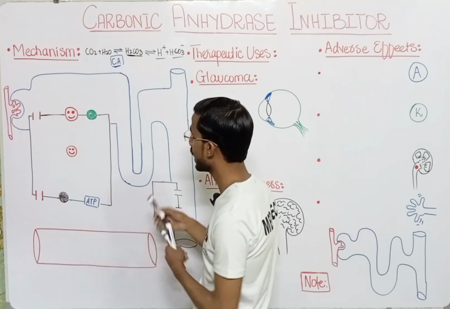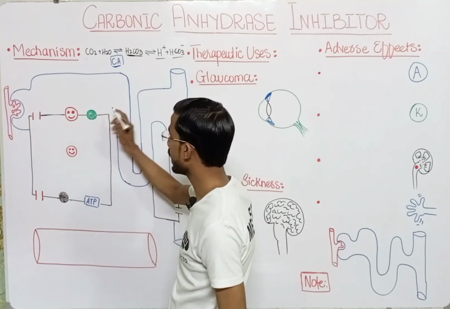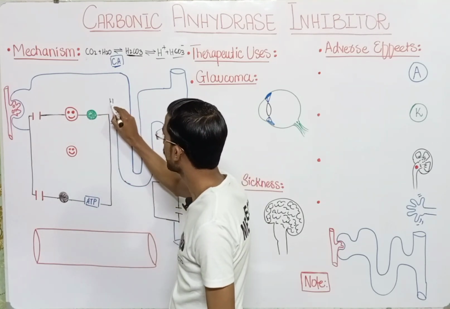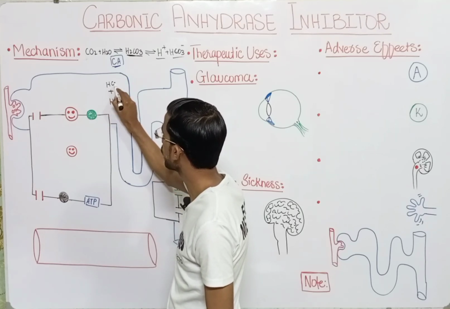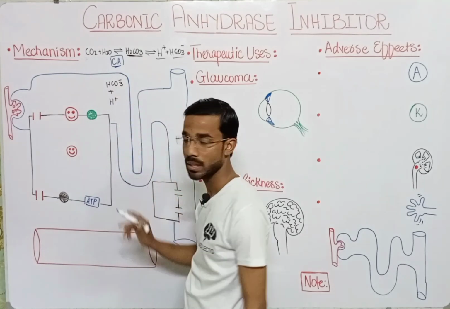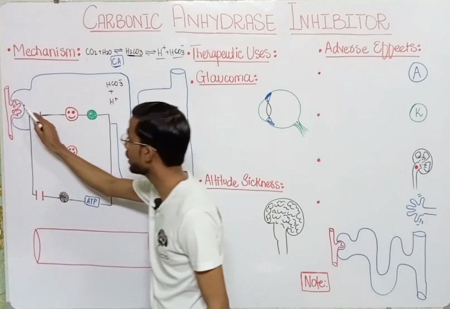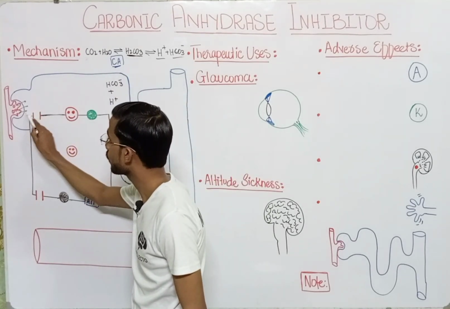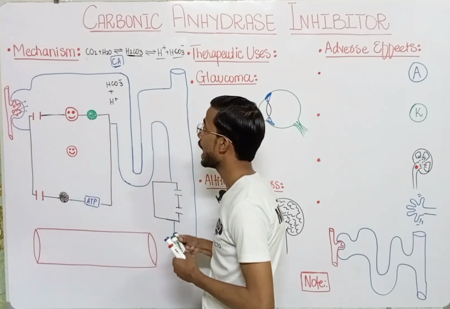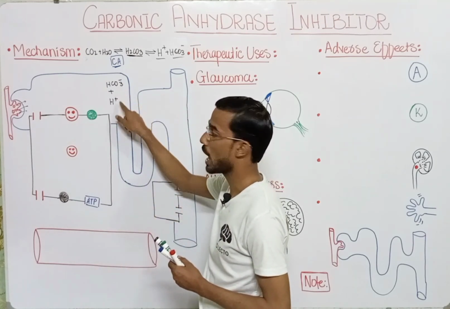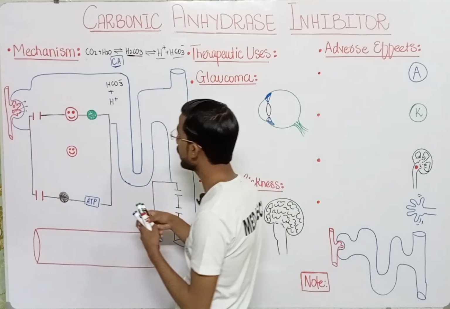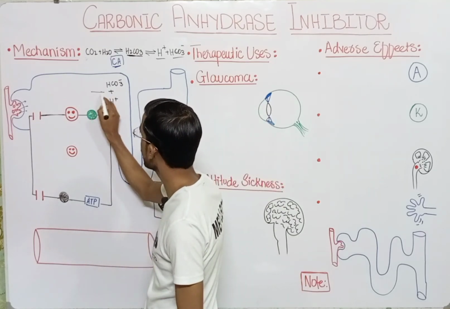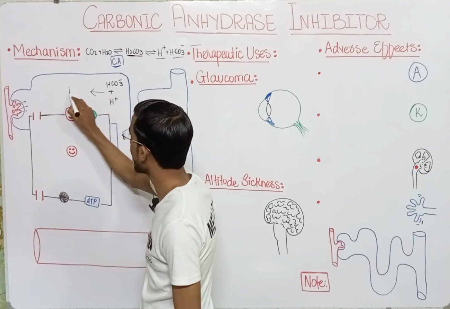In the filtrate, which comes from the glomerulus, hydrogen and bicarbonate HCO3 ions are present. These ions combine spontaneously and result in the formation of carbonic acid,